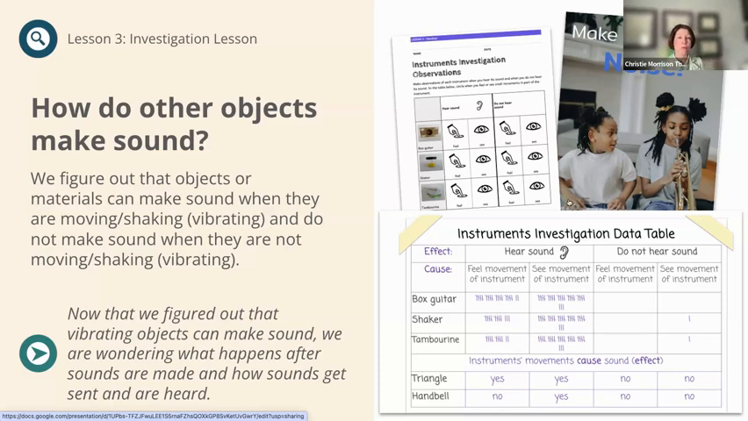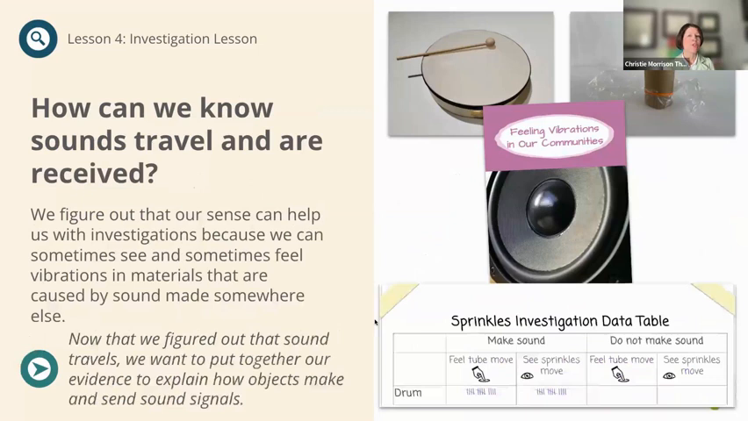At the end of lesson 3, we return to our notice and wonder chart to identify questions we have now answered, all about how objects make sound, and identify questions we still have, many of which are about what happens after sounds are made and how sounds are sent. So these questions about what happens after sounds are made and how they are sent navigate us into our next